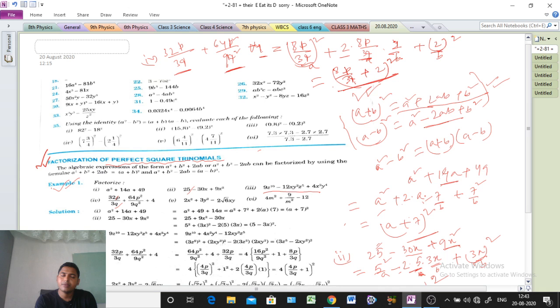Okay, next question, see, sir. 2x square plus 3y square minus 2 root 6 xy. Very easy question and important also. So just write the question and try it. Just a little bit I am erasing. After that I will discuss it, and if you can do it, do it also, no problem. Then try it at first.